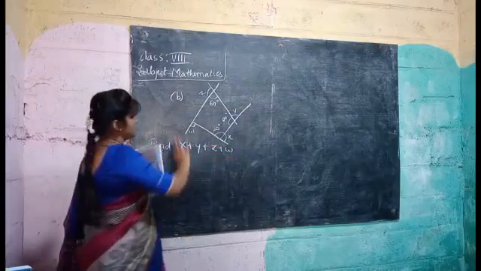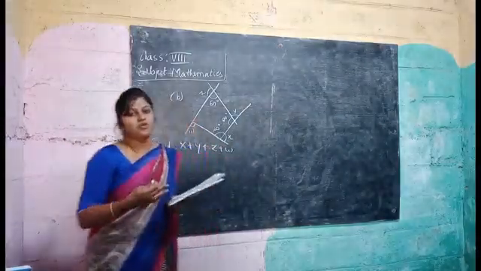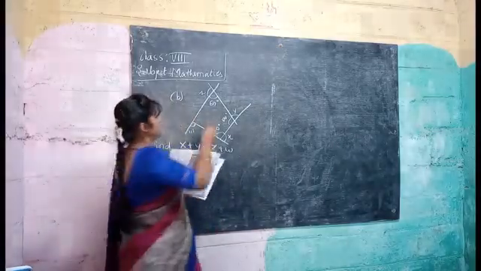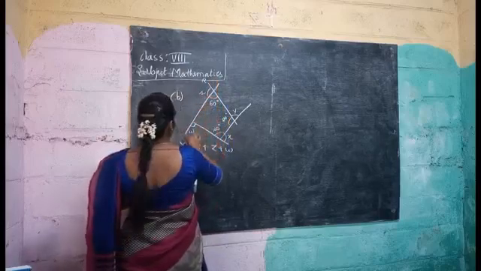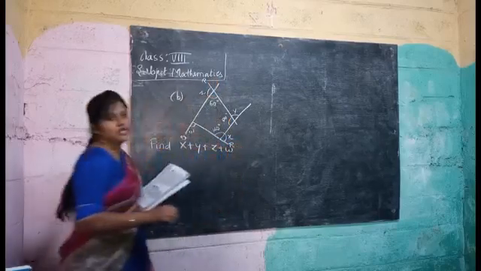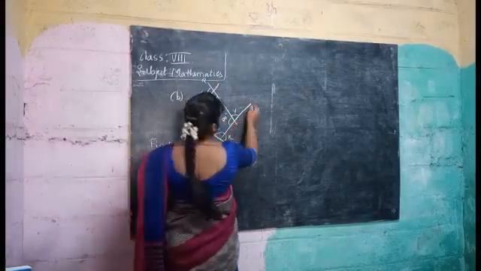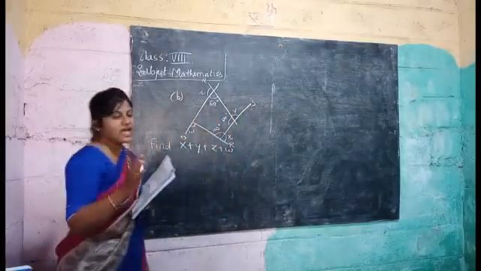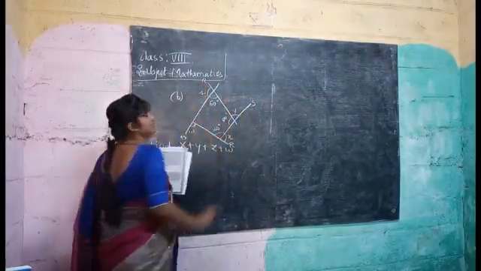After knowing the picture, we have to name the picture. Without naming, how will you solve it? I am naming it as P. This line will be P. This line will be Q. The lines are named with the letters P, Q, R, and the last one, that is S. Four lines we have, so I am naming it as P line, Q line, R line, and S line.